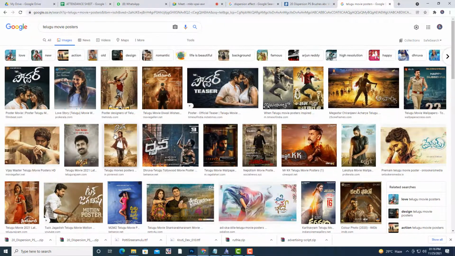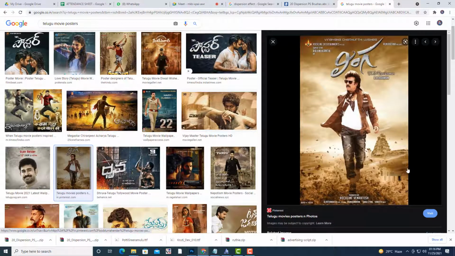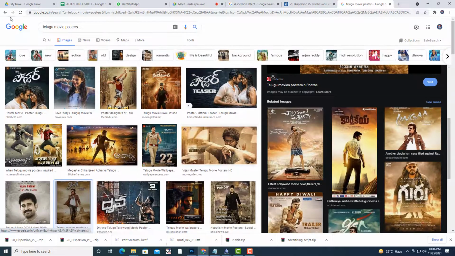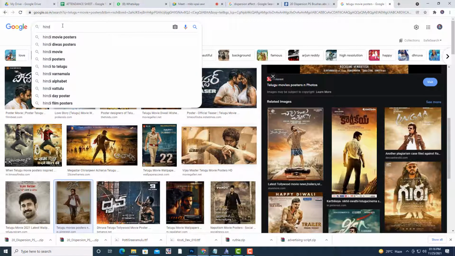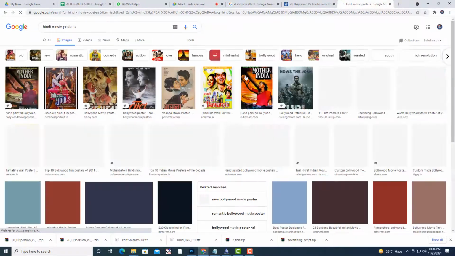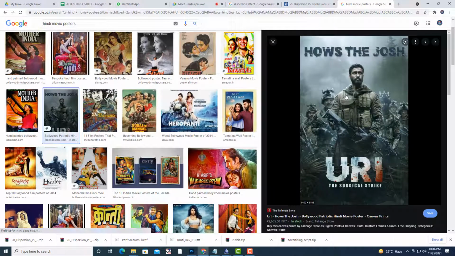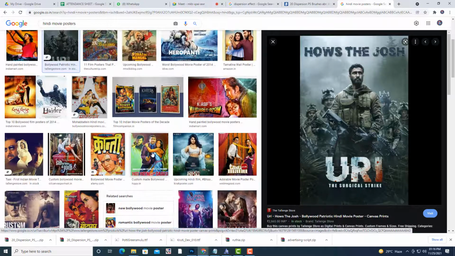And there are also other movies. Here you see, Linga. See the color. And also we'll type Hindi movie. You can see this. See the color. So we want this type of color here.